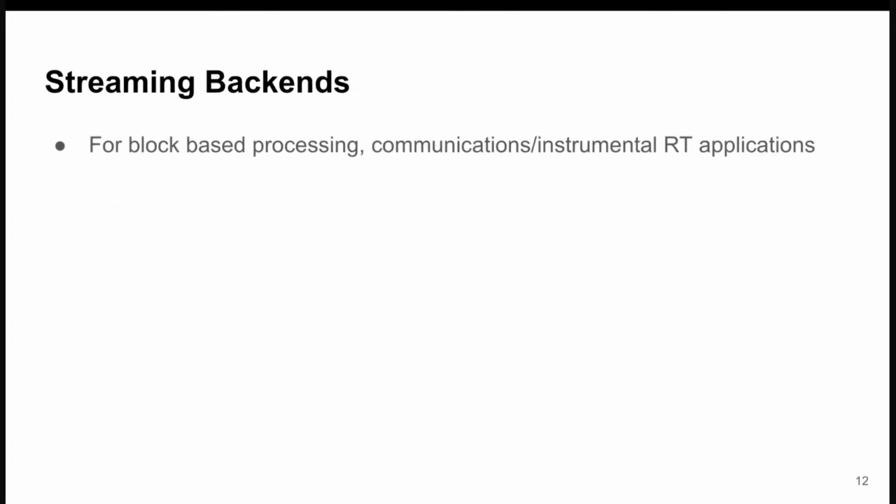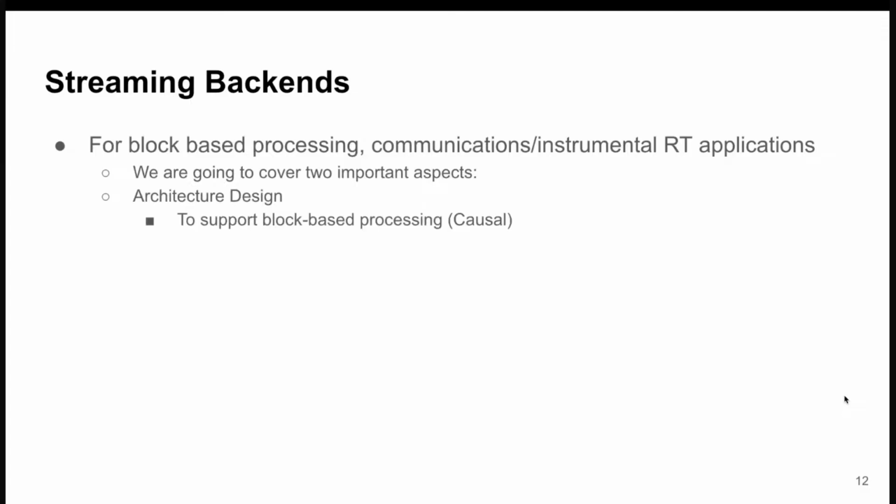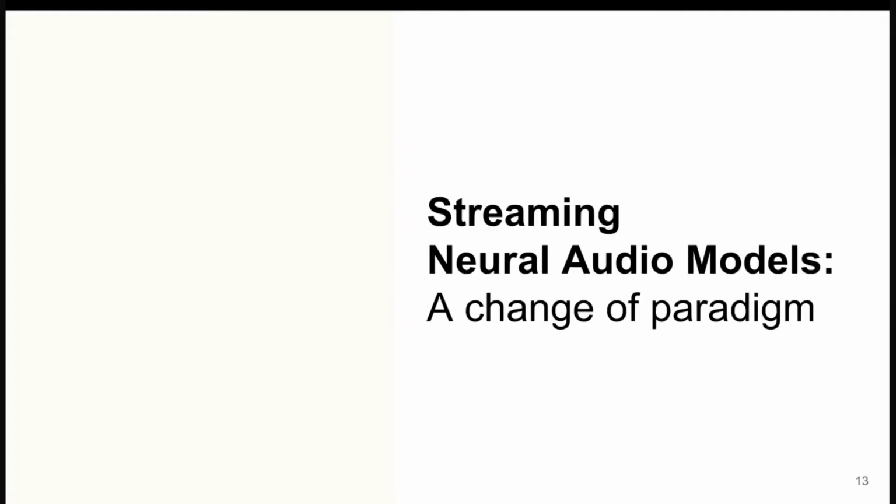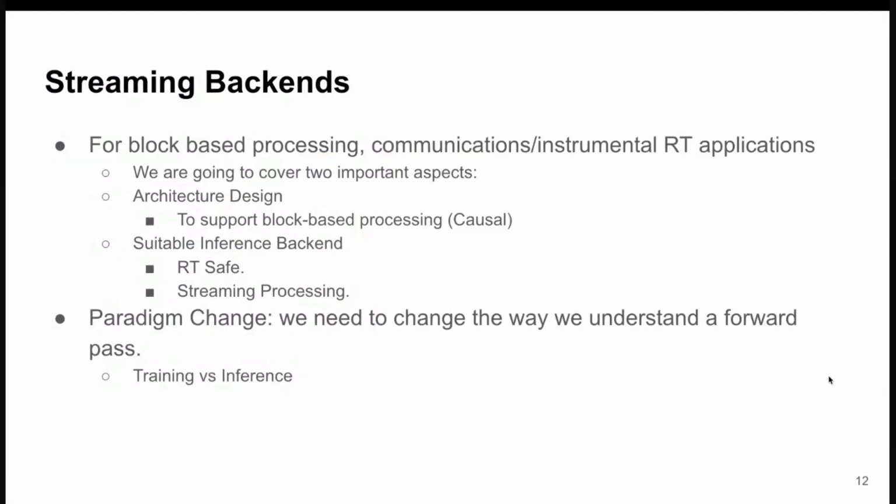In order for the streaming to work, we're going to think about it in two ways. First, coming at it from a block-based processing perspective, how do you design your neural network architecture so that this block-based processing will be able to work at all? And then once you have that, how do you set up your inferencing so that it can be real-time safe and work in this streaming fashion? As a more general thing, we're going to try to think about things with a different paradigm, and think about the way that we understand our forward paths through our network a little bit differently. This is something that Fran's going to pick up from here and talk about the training process.